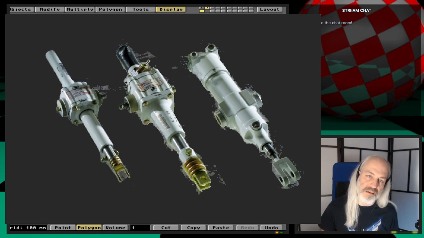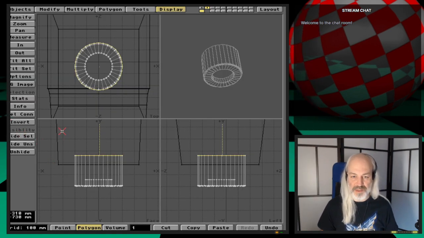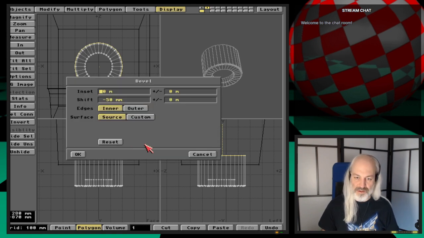bevels here that end up in this quad, which is also somewhat refined here on the angles, the edges. Okay, so let me do that again. Let me go back to the Amiga, and let me have my reference here. And now I want to bevel it again. So let's say inset now is going to be -5. I'm expanding outwards. -5. So the shift shall be, or no, perhaps just let me see what it's going to